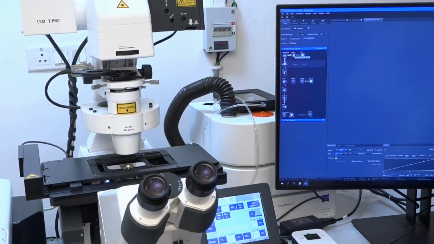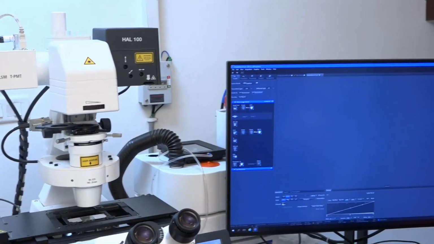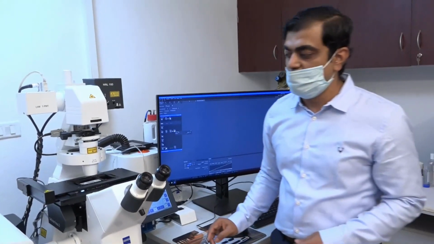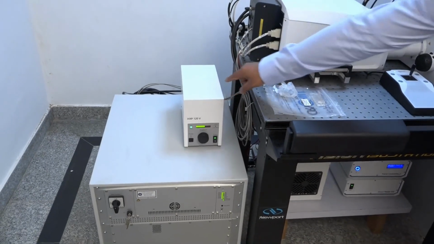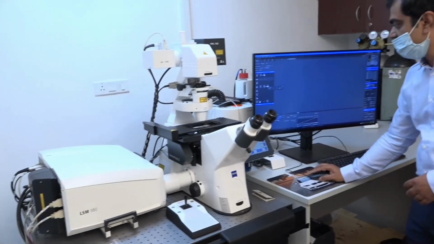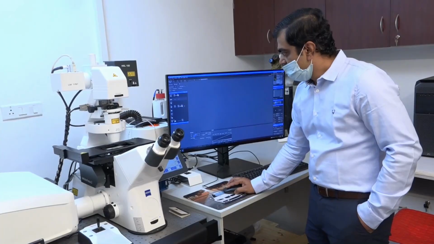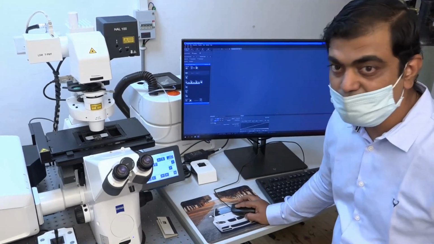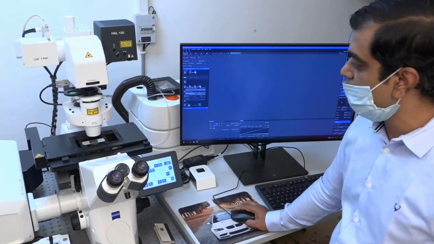Now if we are looking at a fluorescence sample, this is the light source: the HXP 120 volt, which is this particular box. It is totally controlled through the software. As we can see here, the intensity can be totally controlled through the software. See here, light is coming onto the fluorescence filter turret, but it is not going ahead of it. So from the filter turret, based on what I want to see,